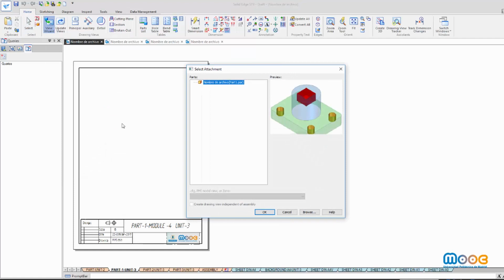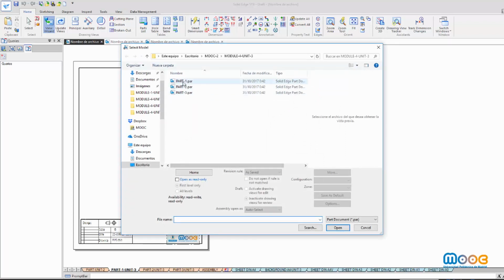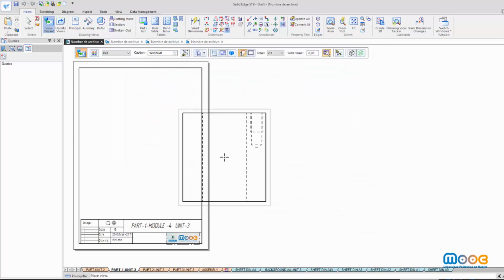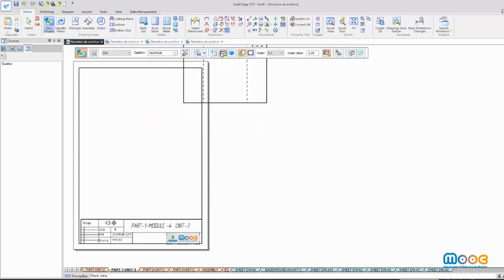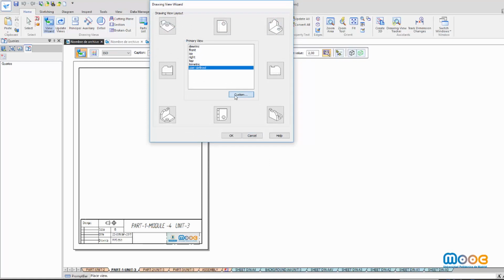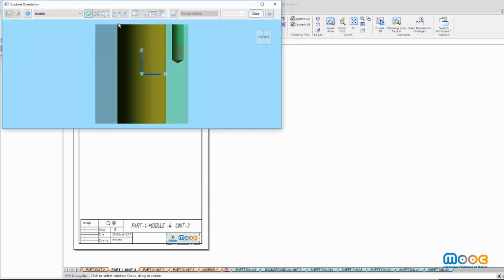So first of all, I'm going to load one view of my part. I'm going to change it because I want to load the top view to indicate the cutting plane in my top view.